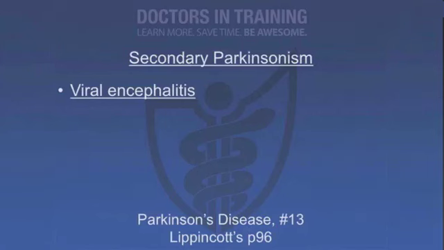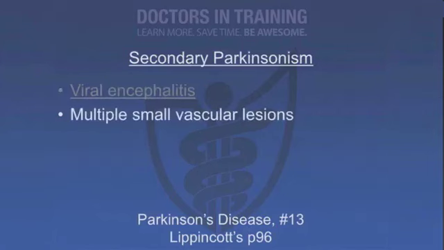Genetics does not play a really strong role in Parkinsonism. This is not a purely genetic disease, as, say, Huntington's disease is, but it's thought that genetics may exert some influence on how susceptible an individual is to the disease. And a lot of people have what's called secondary Parkinsonism. So you can get Parkinsonian symptoms following viral encephalitis, following multiple small vascular lesions, or mini strokes they're sometimes called,